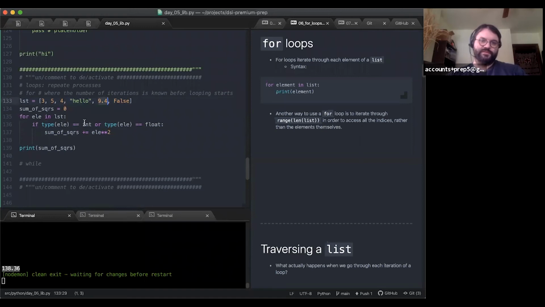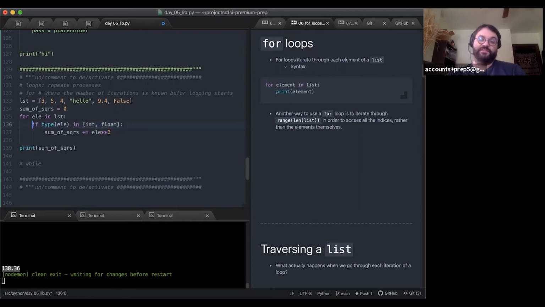There's a bit of a nicer way to do this, so we don't have to do two conditions. I can say if the type of element is in, and I'm actually going to use a tuple here. You could do a list like this, and I could just do a check for membership. Remember, we talked about checks for membership. This is one of the most common things that I do.